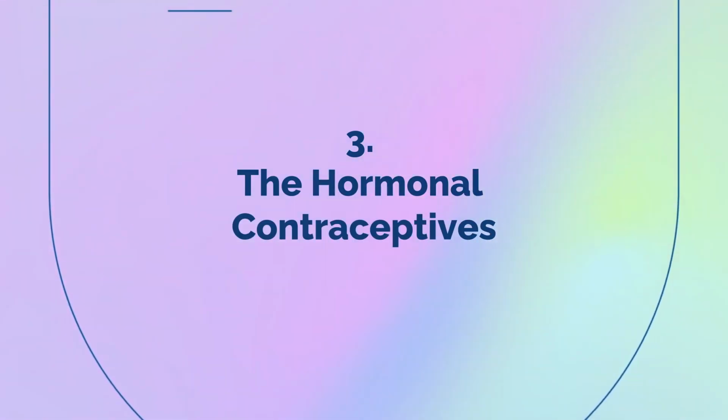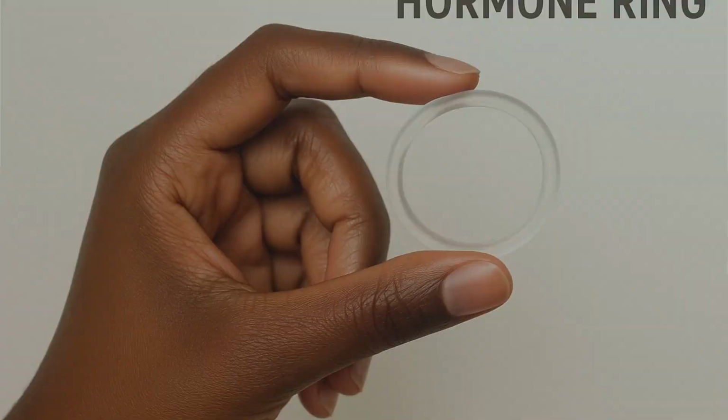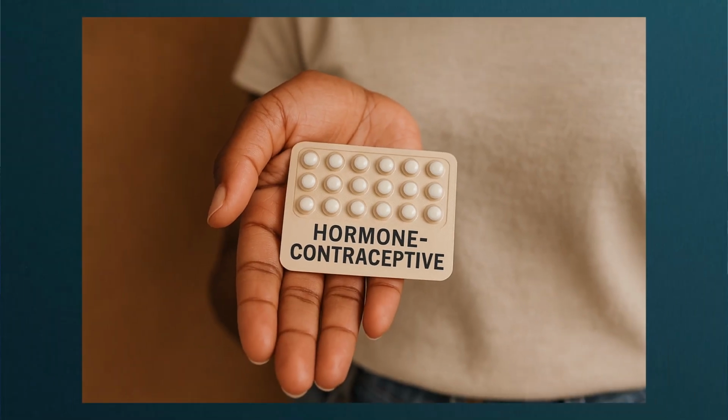The third category of contraceptives I'll talk about are the hormonal contraceptives, and they involve the release of hormones into the body, and these hormones prevent ovulation. Sometimes they thicken the cervical mucus, and many times these hormonal methods have been seen to have varying levels of effectiveness. We have the patch, we have rings that can release hormones, we have the pills that people take daily,